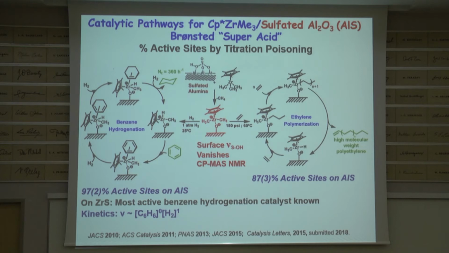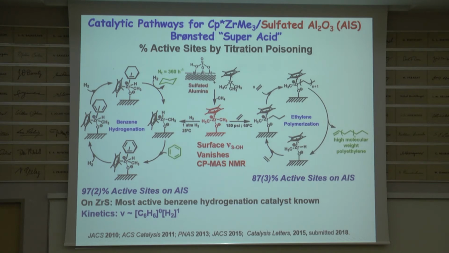You feed it ethylene, and it polymerizes ethylene like crazy, and you do the poisoning. I think I have a poisoning plot on the next slide. We'll see. You conclude that not 5% now, but almost 90% are catalytically active. And then you feed it benzene and hydrogen. And of course, a classic catalytic chemist would say, oh, you need rhodium on titanium, platinum on silica, or palladium on charcoal to hydrogenate an arene. And it hydrogenates benzene like crazy.